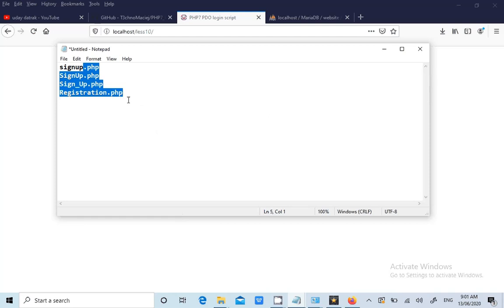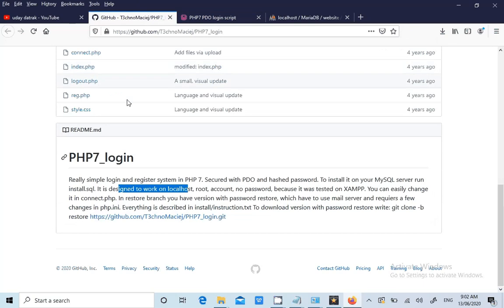So what we do is use an automated tool and pass this list to it, so that within a minute it will tell us whether that particular file exists or not. If it exists, that's it. You have to open that file, register simply, and then log in, guys. So yes, now this application is running.